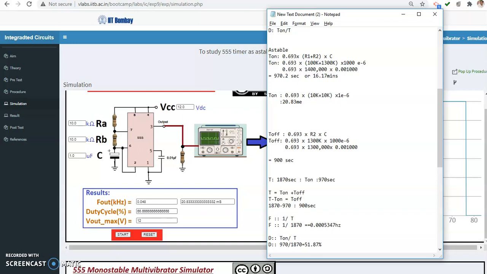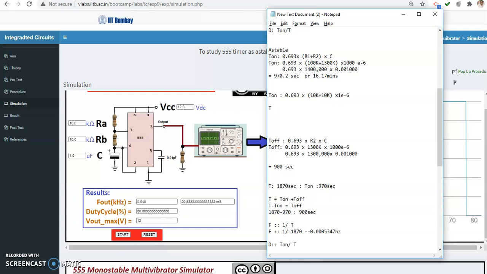This is about the total time. T is equal to, frequency is inversely proportional to the time period. T is equal to 20.83 milliseconds. So what is that in seconds? In seconds it is 0.02083 seconds. Okay,